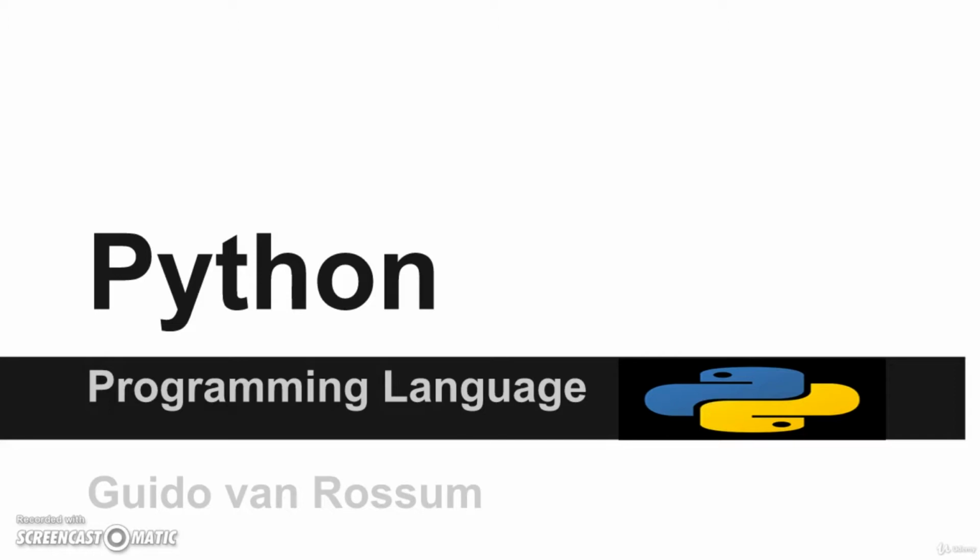Python was developed by Guido van Rossum in the late 80s and early 90s at the National Research Institute of Mathematics and Computer Science in the Netherlands. He wanted to build a program which is simple to use and easy to understand. And to date, Python is the easiest and simplest programming language to learn, and it is the most powerful programming language available.